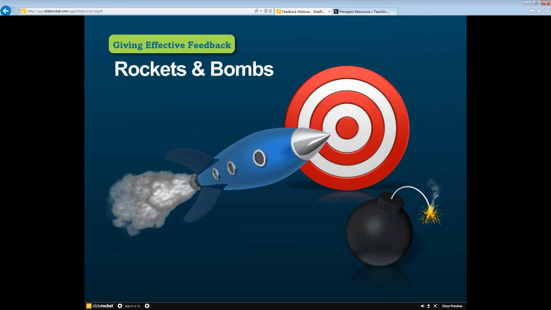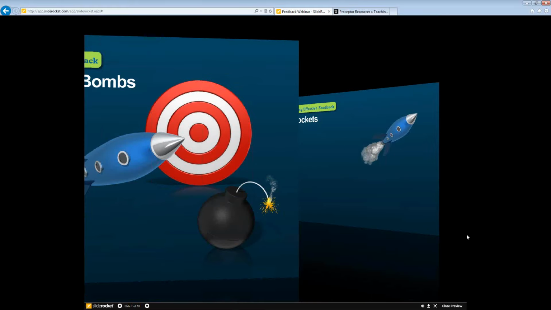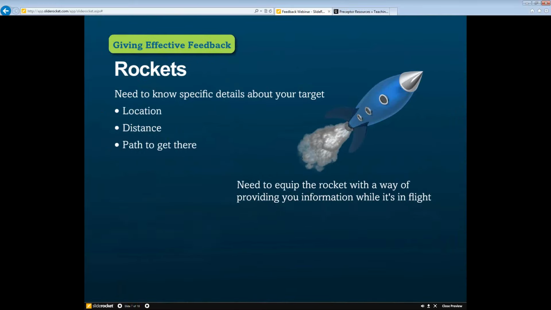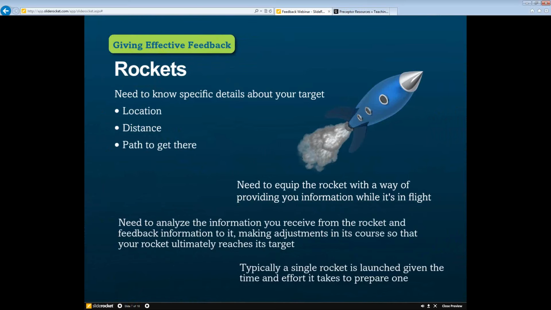So feedback isn't rocket science, but it does come from rocketry. Imagine you're the engineer sitting there in mission control and you've just launched a rocket, and the rocket is heading off to its target somewhere in space. Well, you need to know how fast the rocket is going and its trajectory, and it needs to send you this information. And in rocketry, they determined the word to be feedback, because the engineer took that information from the rocket and fed it back to the rocket to make course corrections as it's heading towards its target. So we've used the idea of feedback in medical education similarly, and I want to expand upon that idea in general. So rockets, again, are a message for your mind, an image for your heart.